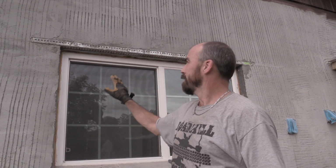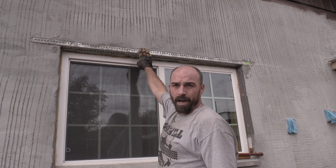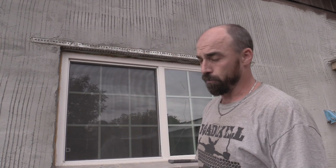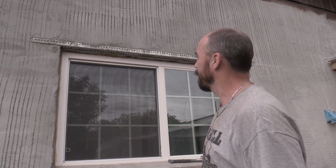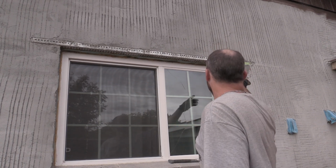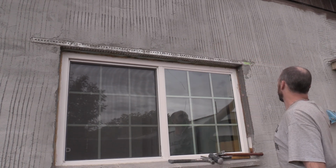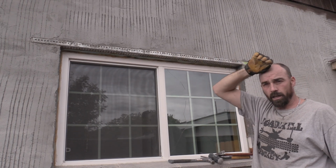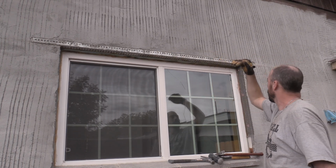So, what I'm going to do today is bust this lintel back out and cut it a little bit bigger so I can put an actual piece of angle iron in there. So we'll be able to make it bigger. I got a big enough piece. It should go all the way out here. I'll come in, I'll cut it out with the saw a little bit deeper if I have to, and then